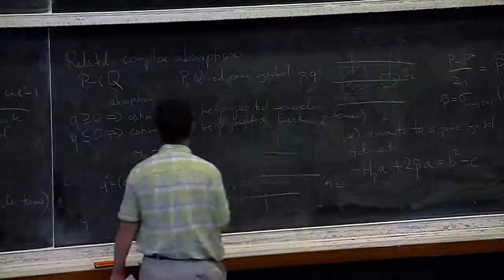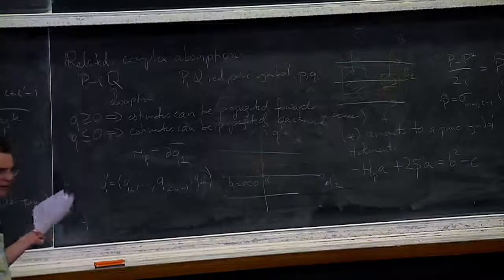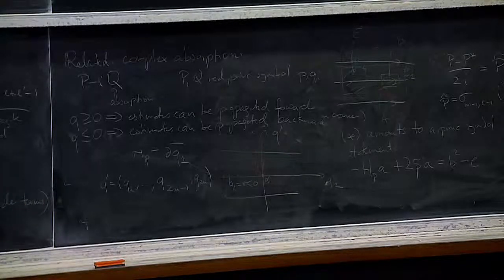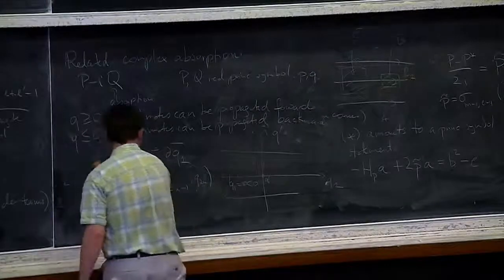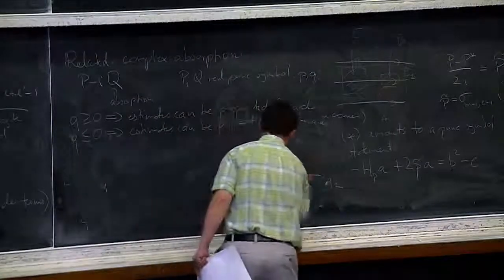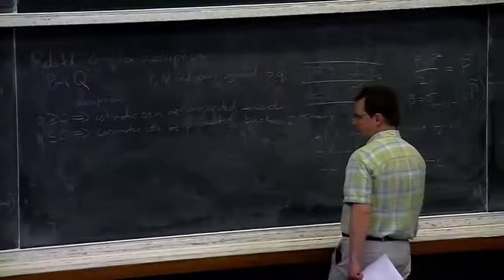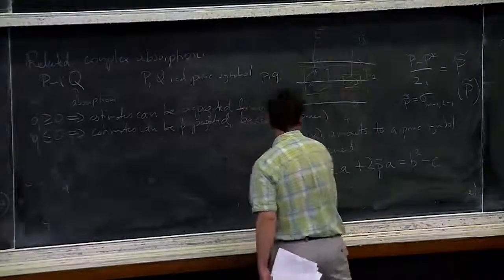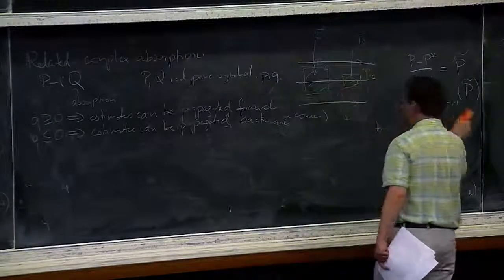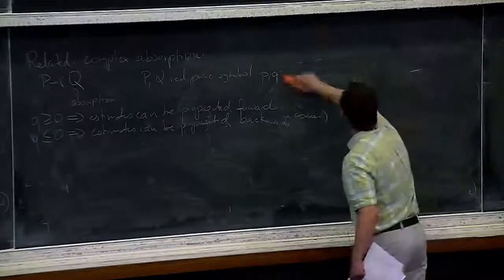Of course, when Q is 0, then you can go either way, and everything is great. That's what we discussed. But when Q has a sign, only one of the two directions is fine. All right. So, rather than starting right away on these sources and sinks, which I will do quite quickly,